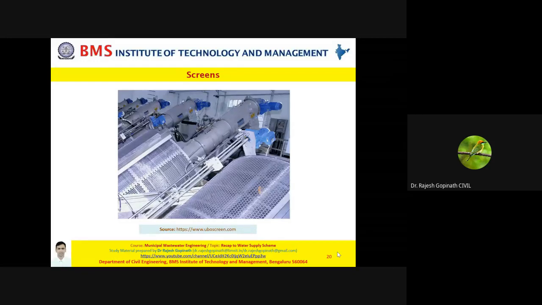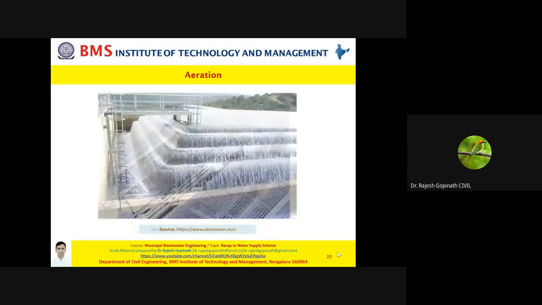Now, as you are aware and as you learned in the last semester, these screens have one primary objective, that is to remove any floating matter in the water. And this is very important and very critical, because if this floating matter ends up in your primary treatment or any subsequent operation, it may impair the process, it may impair the treatment, it may destabilize the entire objective itself.